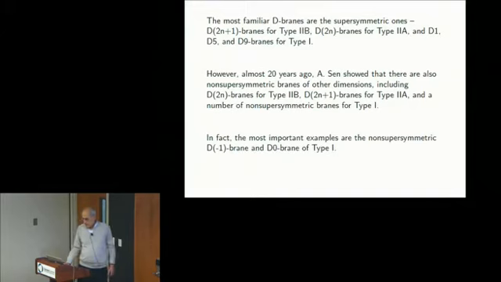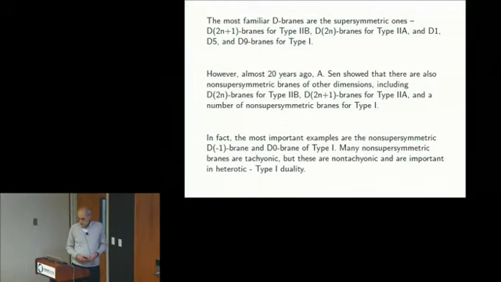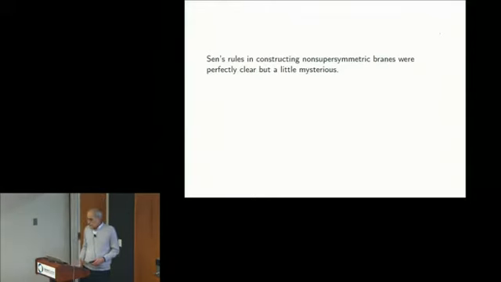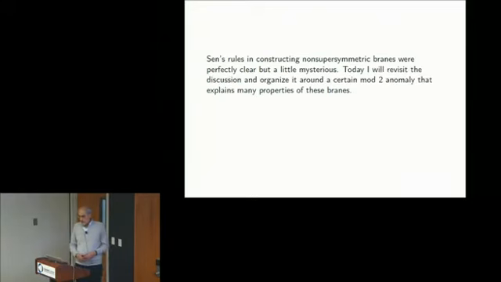The most important examples are for type 1, where Ashoke explained that some aspects of heterotic type 1 duality could be better understood if you know about these particular non-supersymmetric branes. So Sen's rules in constructing non-supersymmetric branes were perfectly clear, but a little mysterious. And today I'm going to revisit the discussion and organize it around a certain mod 2 anomaly that explains many